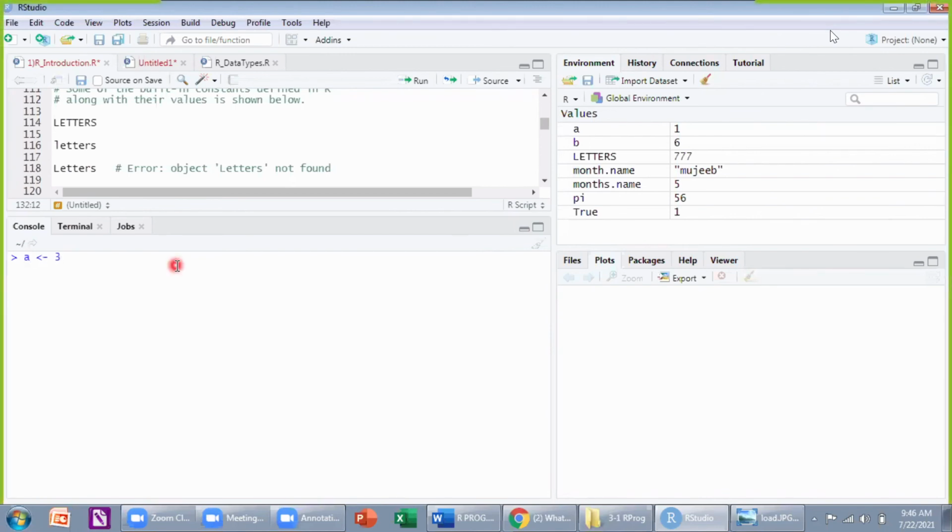And after executing that, if we give letters value is equal to A, then what will we get as the value of letters? Capital LETTERS. We assign A, sir. Then what will be the value of letters, sir?